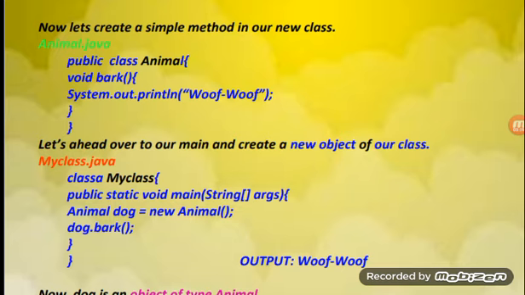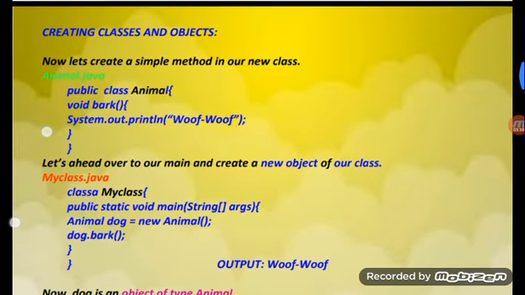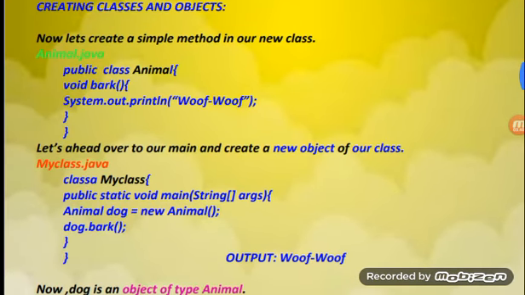Whenever you write the line Animal dog = new Animal, it is interconnected with the above program's System.out.println, which is called through that method. By using the objects we are creating classes.